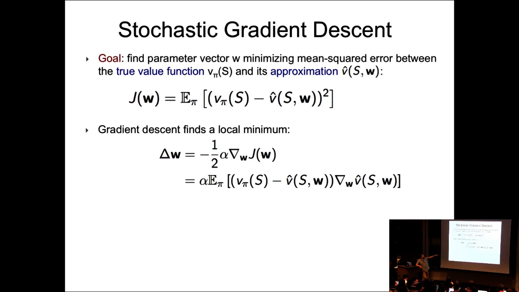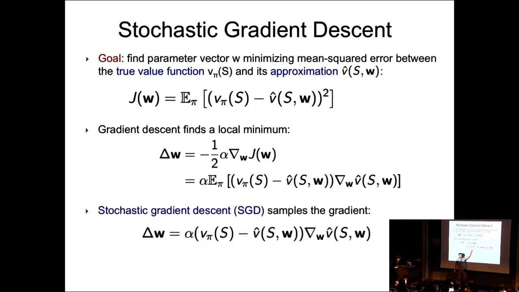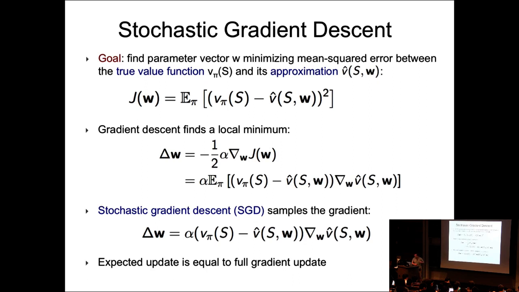This would be an instance of supervised learning. That's exactly how you train your standard, let's say, neural networks or convolutional neural networks. This is your prediction, this is your target, and you're just trying to minimize mean squared error. Now, in the case of stochastic gradient descent, you basically get samples of the gradient. So you pick a sample, a particular value of the state, and you just optimize that. And we'll come back to SGD in this class.